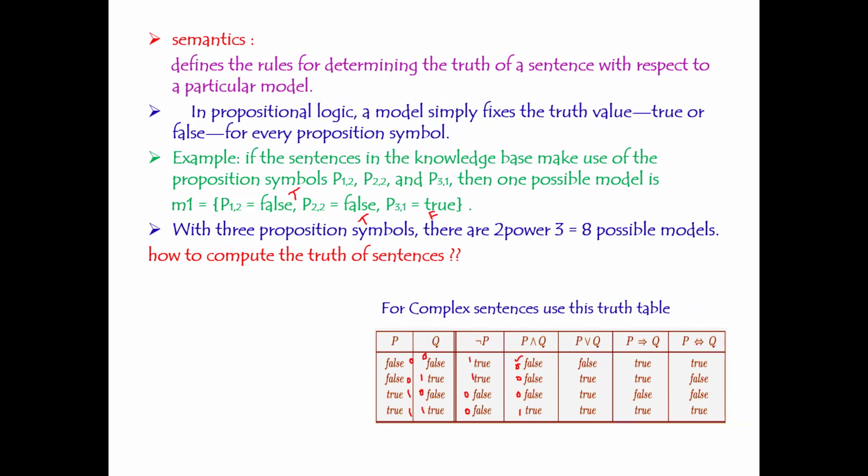Next, coming to P if and only if Q. So here in both the sides, it should be true. So here P is false, Q is false. In this case, P implies Q will be true. I forgot to mention the shortcut for this P implies Q. So for P implies Q, if any one is true,